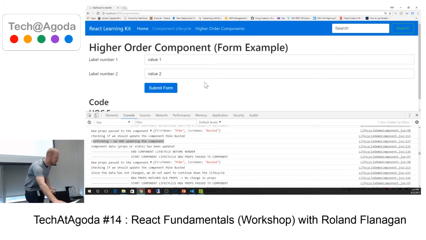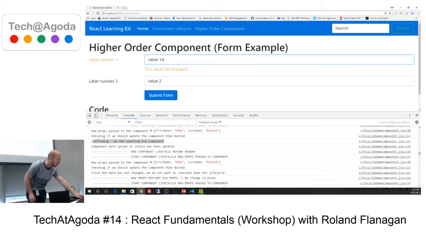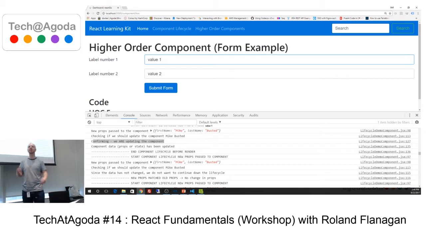What I can actually really easily do is keep track of the value changing over time. And importantly, because my parent always knows what the initial values were because it instantiated it, if I change the value back to the original, I can keep track of that original value and the new value separately. My component itself has no idea whether or not the value's changed. It's just outputting it as per normal, but my higher order component knows that it's changed and changes the output of that component over time. And the way we achieve this